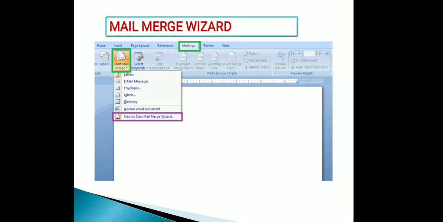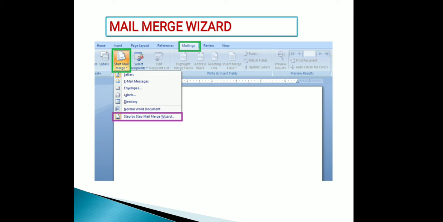So now I am going to explain the mail merge wizard. The mail merge wizard involves creating and editing the main document, creating a new file, opening an existing data file and merging the file with the main document.